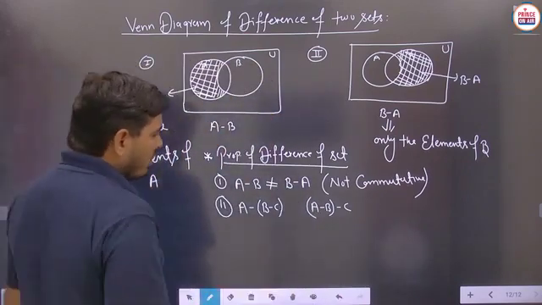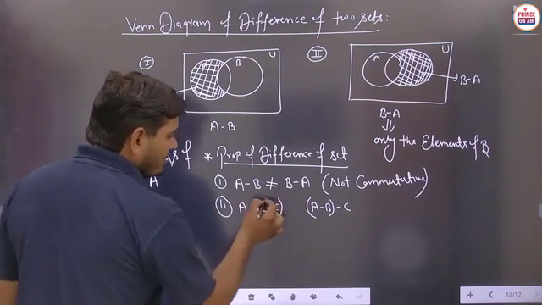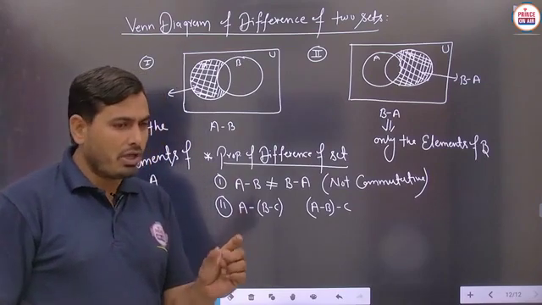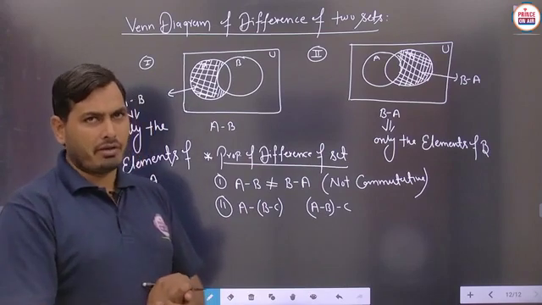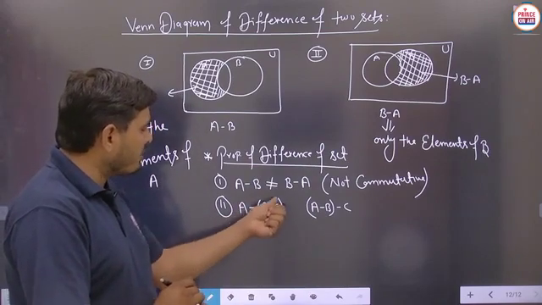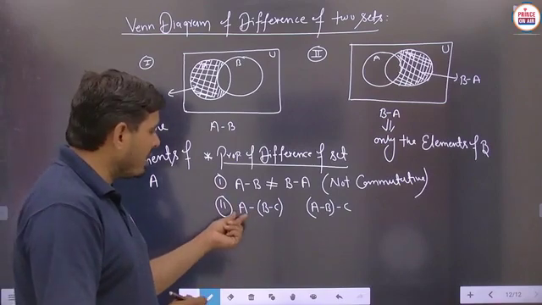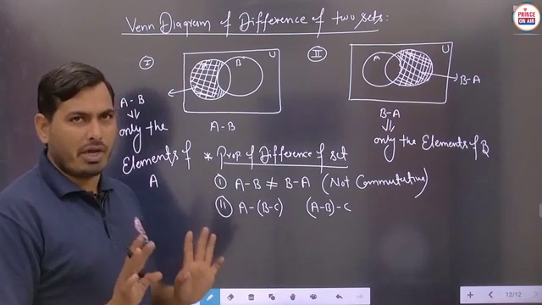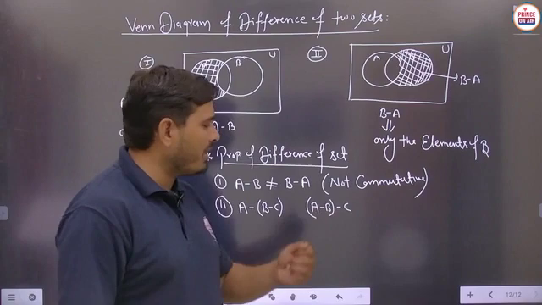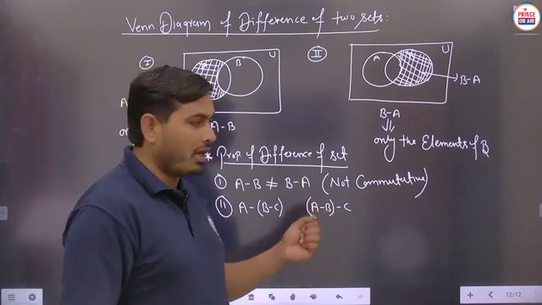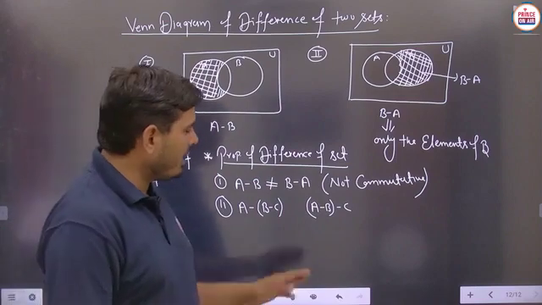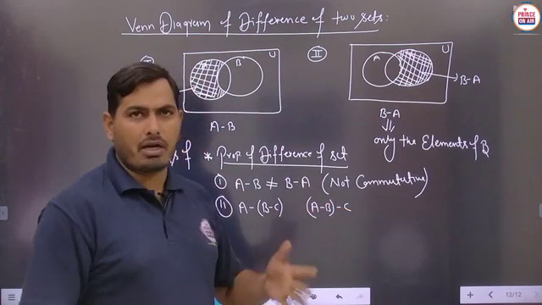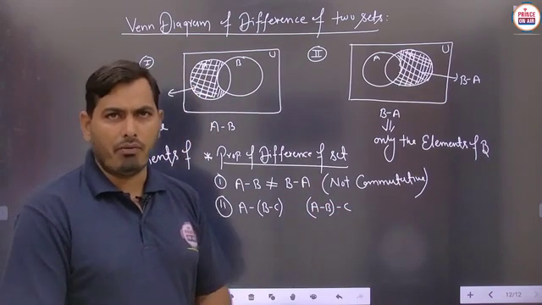So students, on the basis of the Venn diagram, suppose we want to know the answer of this part. B minus C will represent only the part of B. Is it to be clear? And here this whole part is again subtracted, then the answer will be only the elements of A. Only the elements of A will be there in this part. First of all, A minus B means only the part of A. Is it to be clear? Then if the part of A is to be subtracted from C, again we have to take only the part of A. Is it to be clear?